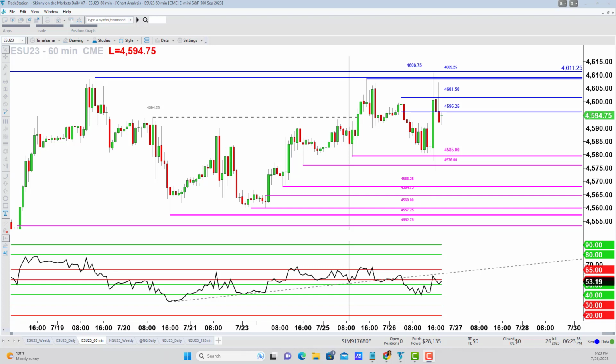So the Fed has spoken with its latest 25 basis point rate hike. And you might be wondering, is it even worth trading around times like this when this crazy volatile news comes out and this is what the 60-minute chart of the ES looks like? You might be wondering, does the market even respect any sort of rules of technical analysis? Well, I'm going to challenge myself to explore that with you, looking at the 1-minute chart of this market, which